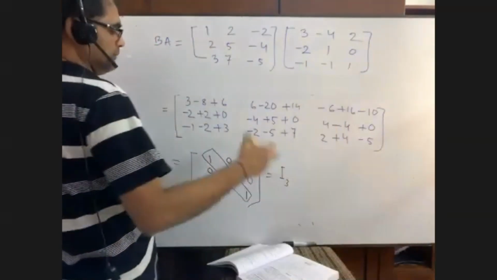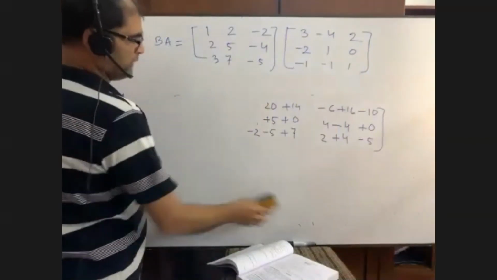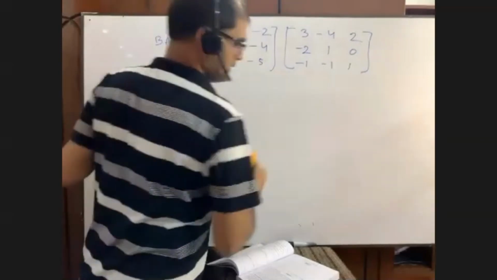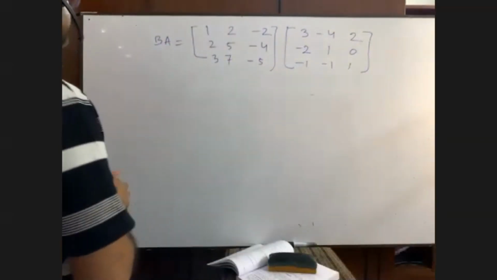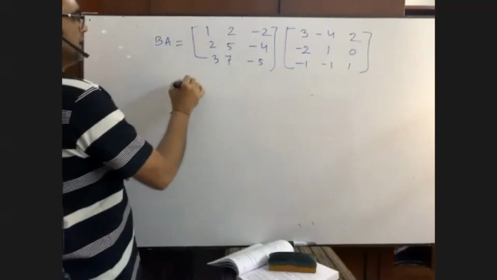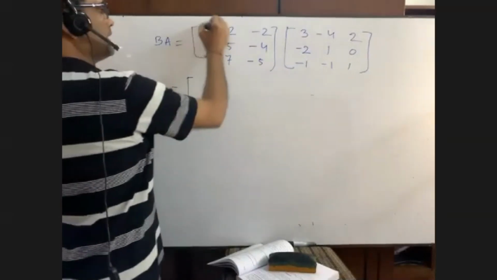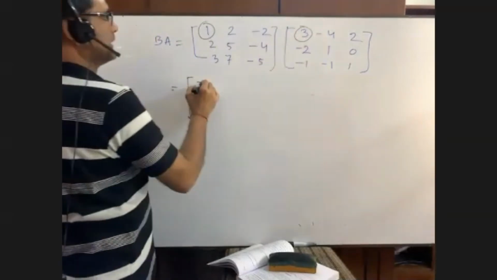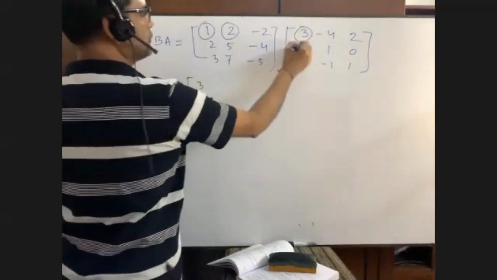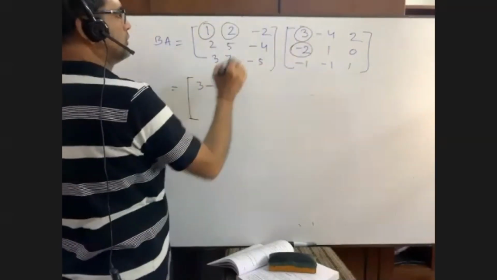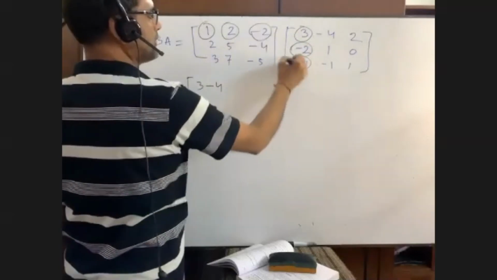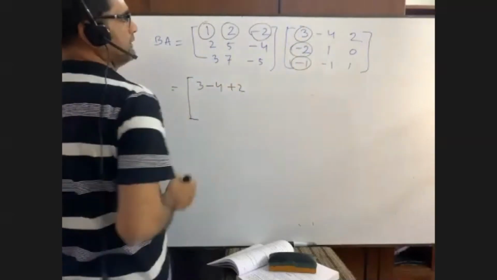Okay, now please determine. Quick, quick, quick. Be quick. Take your time, sir. Same result? Yes, same result. That's good, and it is the answer. You see, please. You do 1 into 3 equals to what? 3. 2 into minus 2 equals to what? Minus 4. Minus 2 into minus 1, that is plus 2. Okay, that is done.